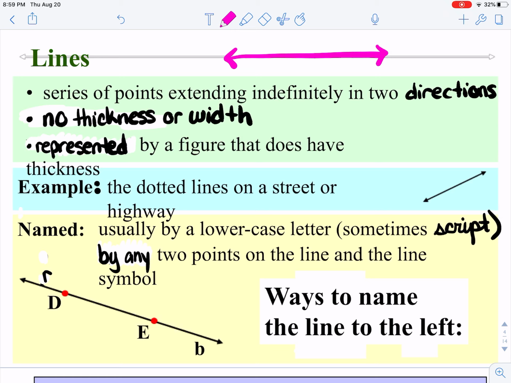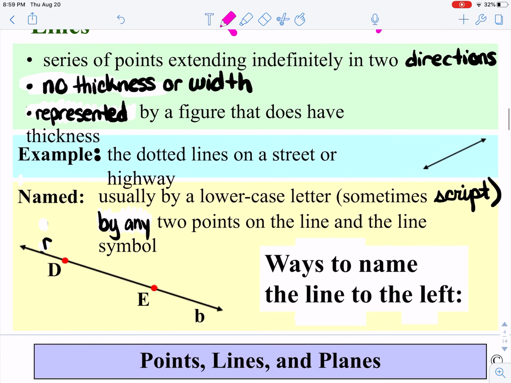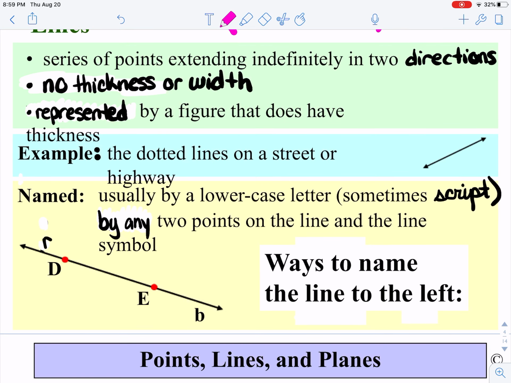Oh my God, there's rungs on a ladder. There's a whole bunch of different things that you could have. A highway or a street is a really good example, because a street, literally I-95, keeps going in two directions. All right, so there are two ways, or actually technically three ways you can write or